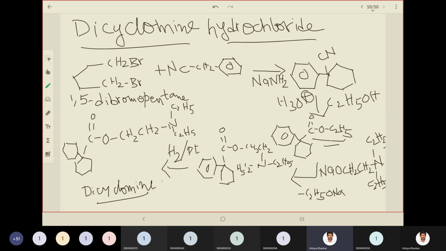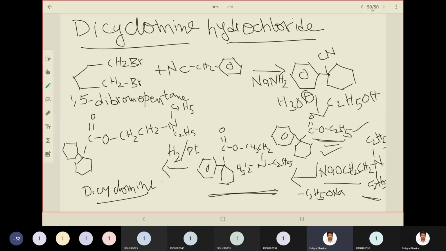Now what we need is a side chain. We'll add a side chain. For that side chain we have taken N,N-diethyl sodium ethanoate. Out of it, the ethyl sodium ethanoate molecule will be removed, and only the side chain is taken and attached to the ethyl group of this ester. Okay, we'll get the penultimate intermediate. That means one more step away.